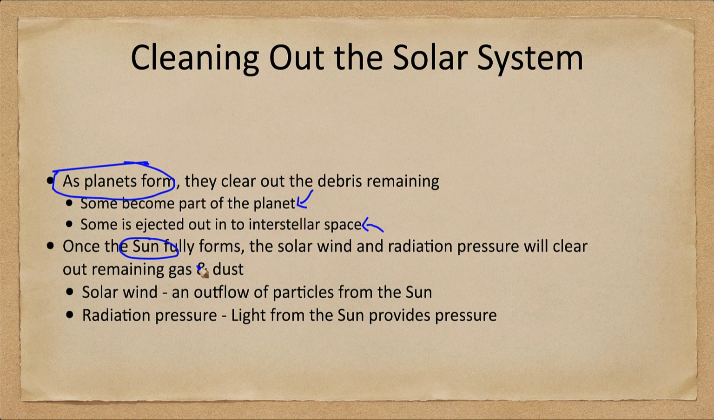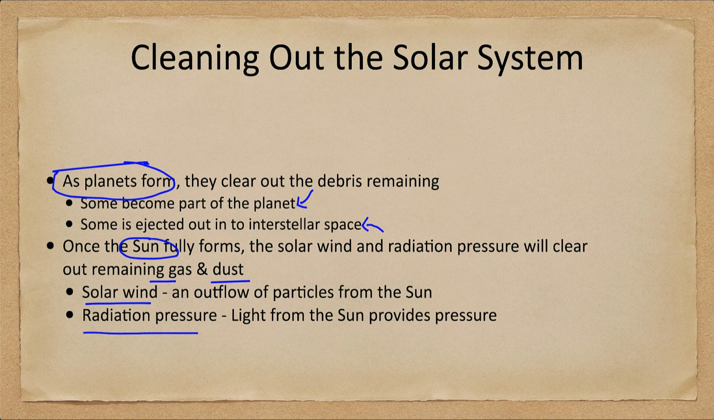The sun is very good at clearing out the remaining gas and dust. The solar wind and radiation pressure will clear out the extra gas and dust material, eliminating that from the solar system. So solar wind is an outflow of particles that will push against material. And the radiation pressure is the light from the sun, which will provide a pressure as well, again clearing out